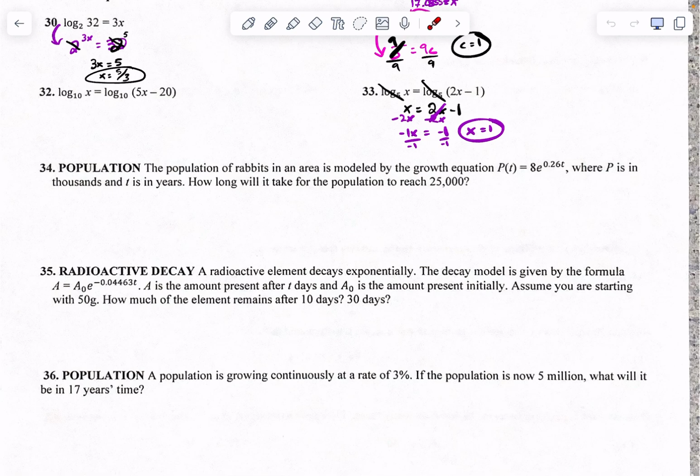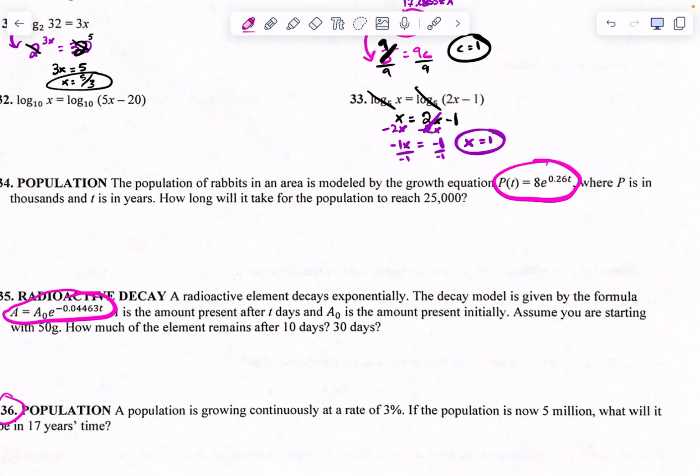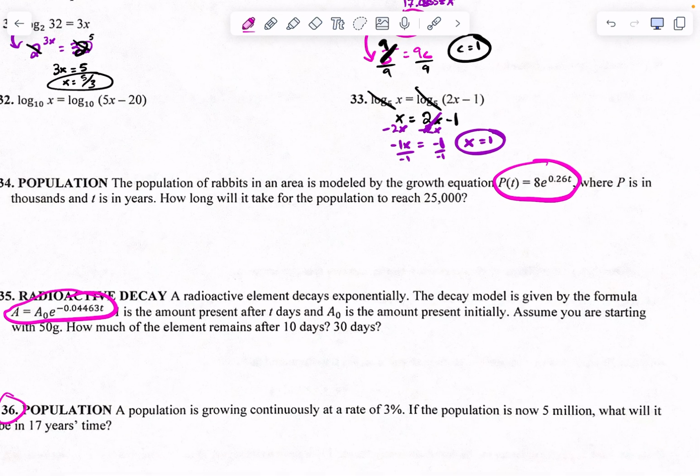34, 35, 36. These are the only ones that we didn't get done. 34 and 35 give you the equation that you need to use. I will give it to you tomorrow in the test. Tomorrow is the test. 36, I don't give you the equation, but I will give it to you on the test. 34, here we go. The population of rabbits in the area is modeled by the